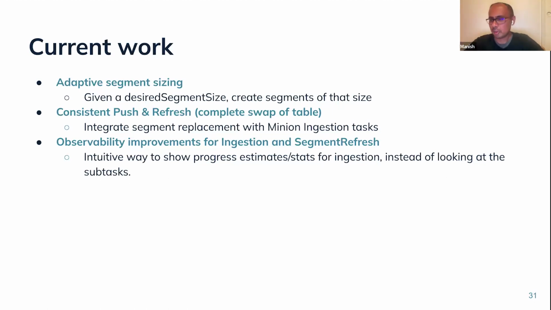I don't know what version of open source you're using, but we fixed it in open source as well. The problem was that we allocated all the record readers eagerly, and they were all sent down to the processor framework, and they just continued to take up memory while we were building the segments. So the way we fixed that was to use only one record reader at a time. We allocate it, we transform, map, and do whatever we want, and then we close it. So at any point, only one record reader is actually open. This was fixed about a few months back. So that's one out of memory issue we faced.